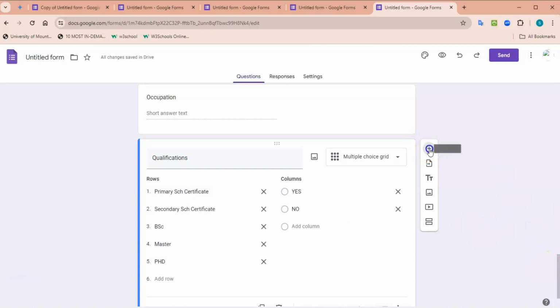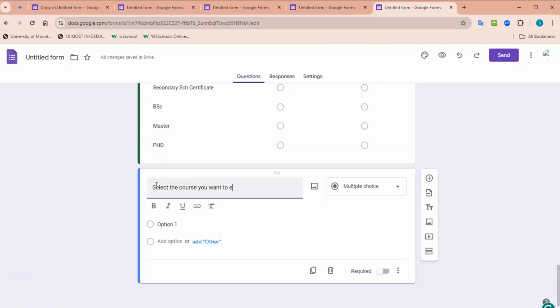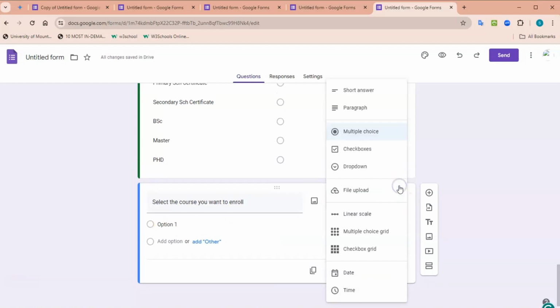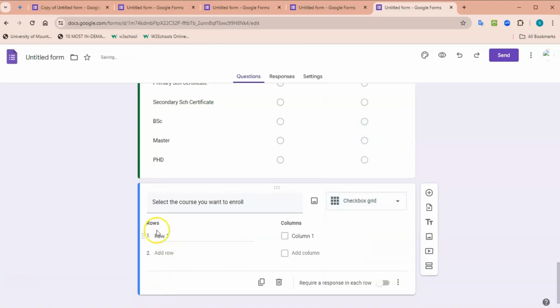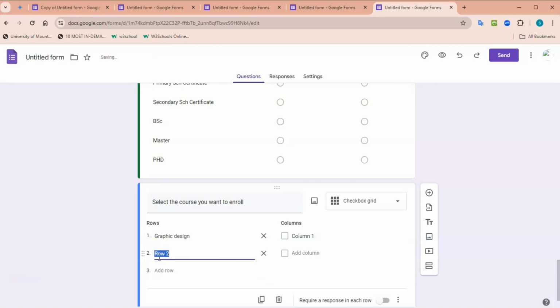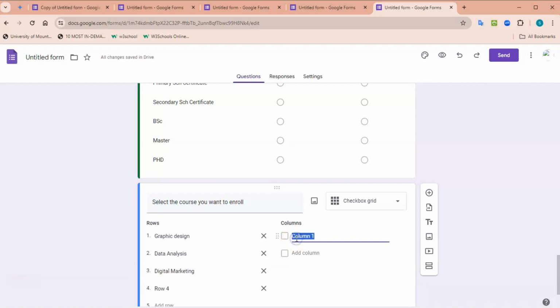Then I'll come to this place and I'll use checkbox grid. I'll come to this place, let's put first course, let's put graphics design, let's put data analysis, let's put digital marketing. Okay. Let's put for the graphic design, let's put